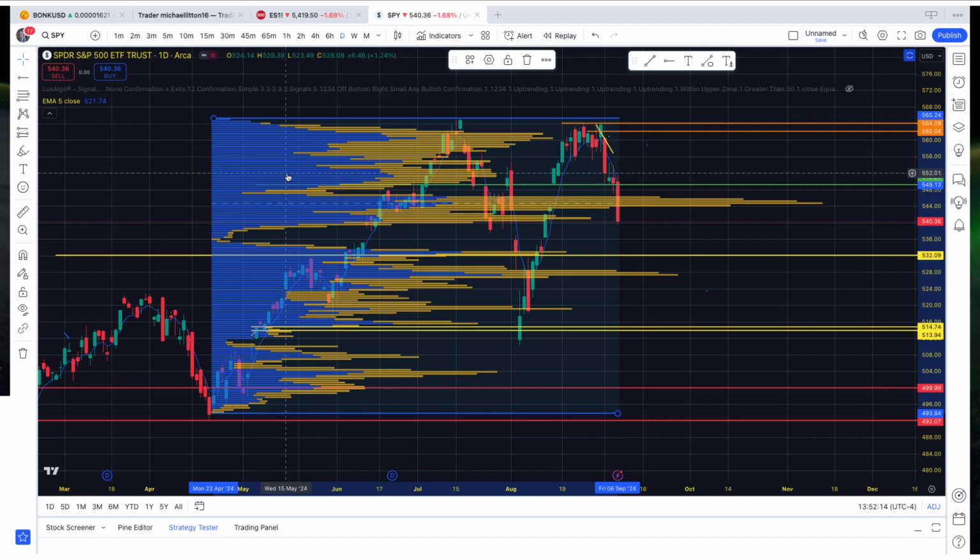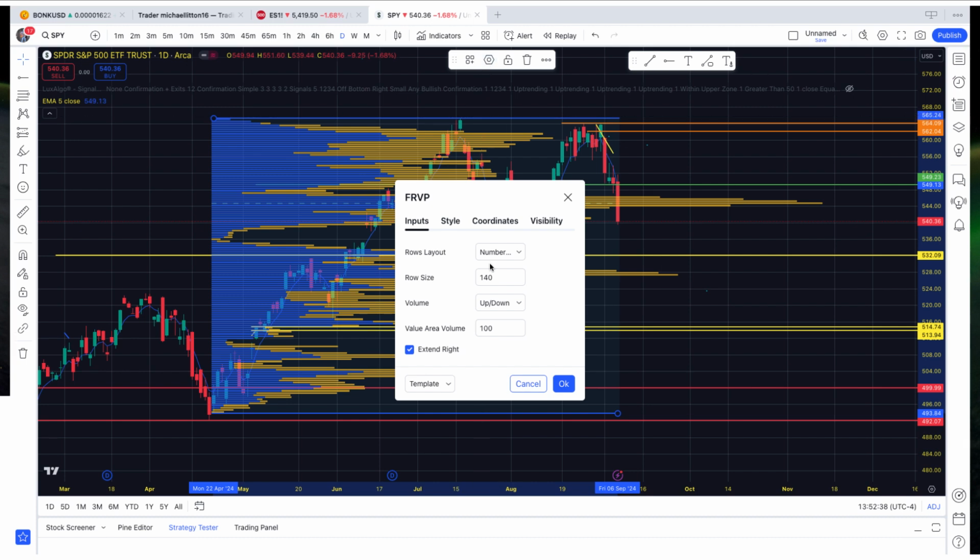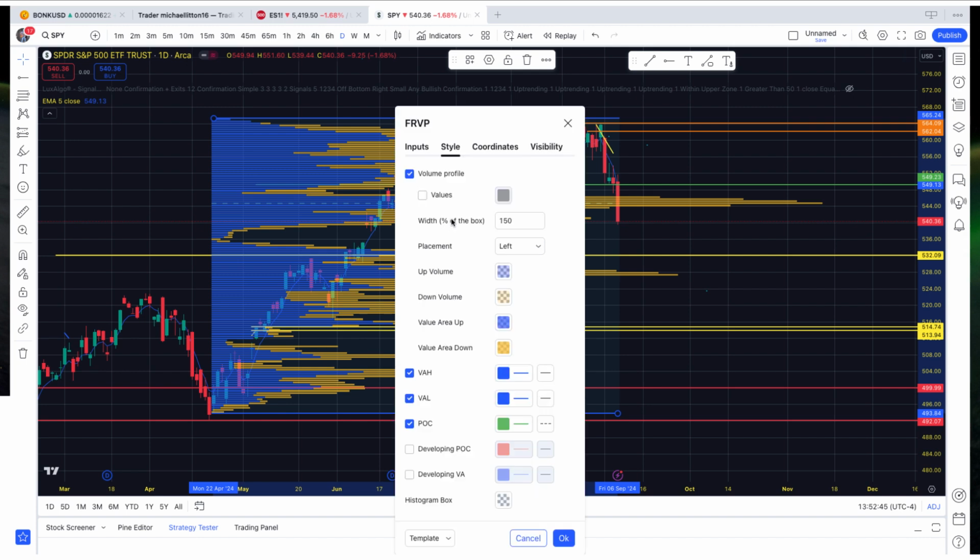On the settings, yellow is down volume, blue is up volume. So if I click on this, it brings up this tab right up here. Then you hit your settings, and it gives you, you can change the size of the rows and stuff. I leave it pretty well default, but if you see,